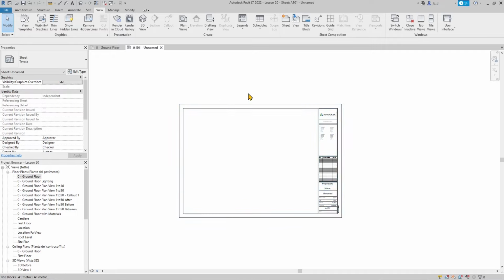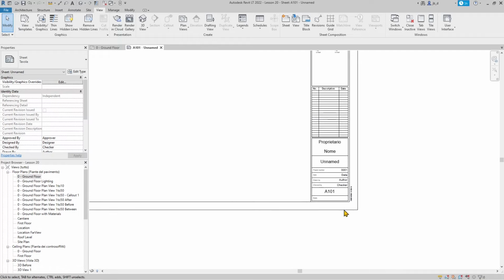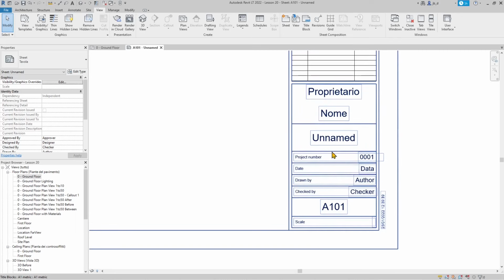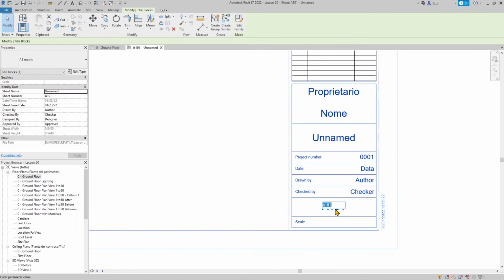Now if I want to customize this, as we saw also previously in Revit, we can do it in two levels. So first level, we can go here and just type what, for example, what we want to call it. So this could be our first sheet,